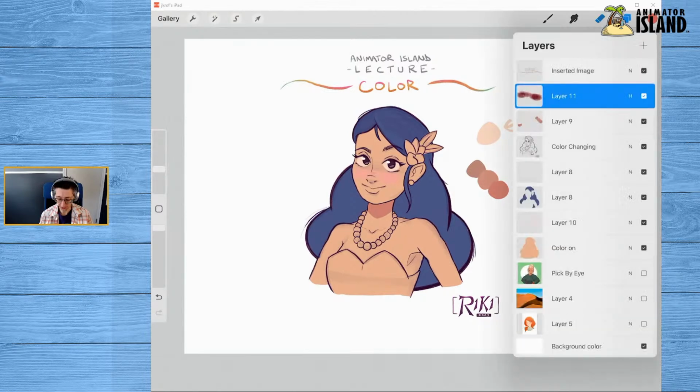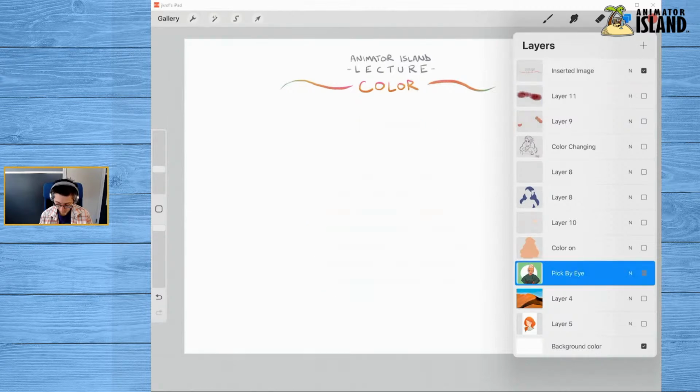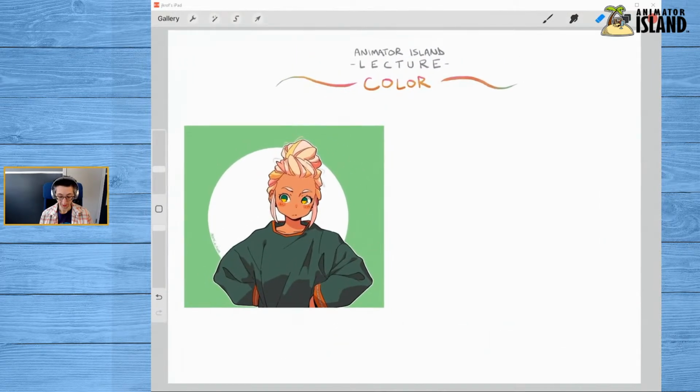I hope that it was useful, and we're going to move along really quickly and talk about one more thing when it comes to color, and that is color picking. So what we have here is an existing character illustration, and it's got some really nice colors to it. There are two ways that we can analyze these colors. In Procreate, you hold down your finger on the image, and you get this little pop-up that allows you to pick colors, and then it chooses that color for you, and then you can paint with that color.